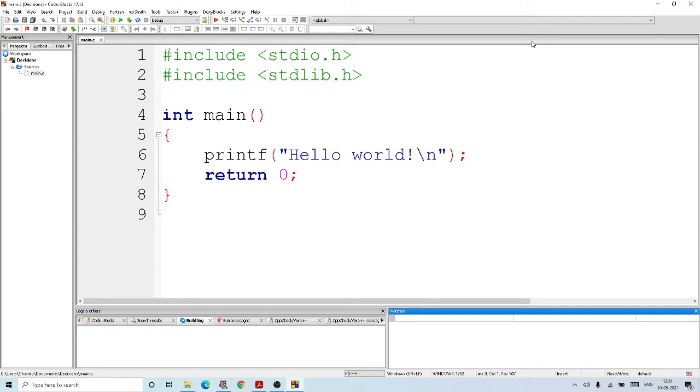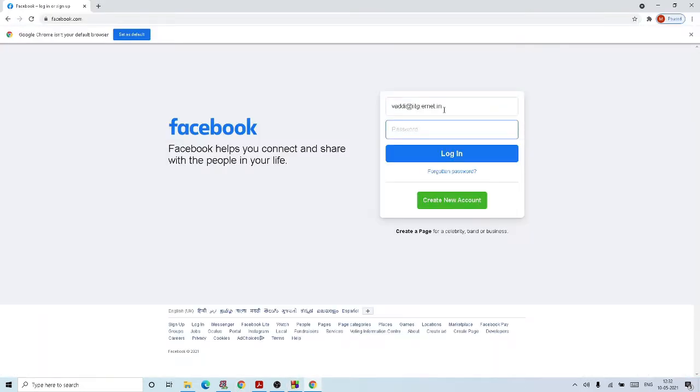For example, when you are going to the Facebook login page, if I give the right password, it will take me to my user page. If I give the wrong password, it will say invalid password and it will ask me to enter the right password. So it's making a decision based on the password that I am giving. If it is right, take me to the user page. If it is wrong, show me a warning that it is a wrong password. So here the Facebook algorithm is taking a decision whether to take the user to the profile or not.